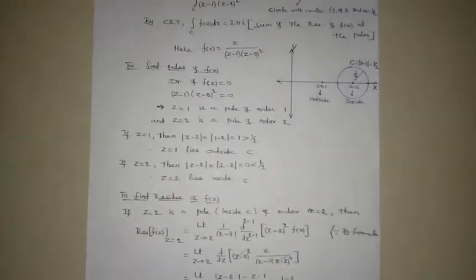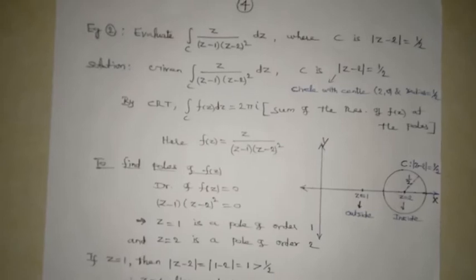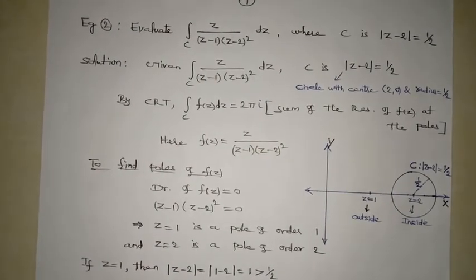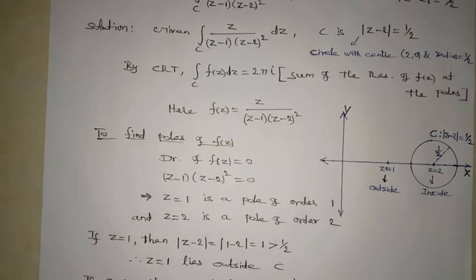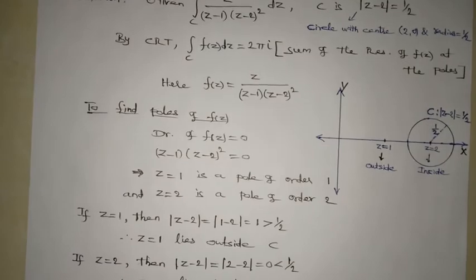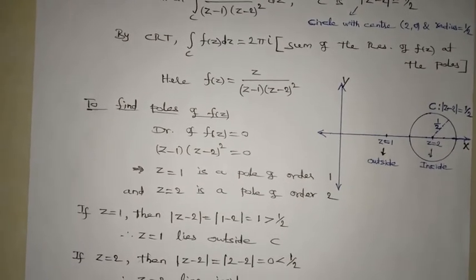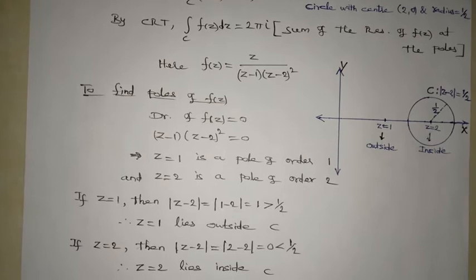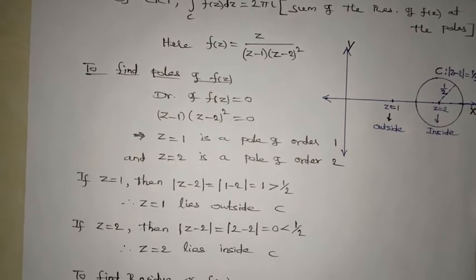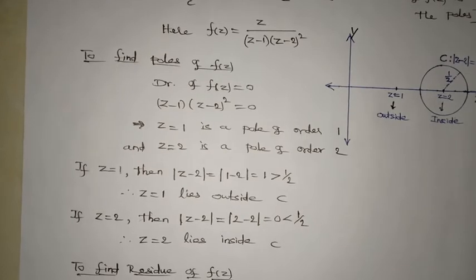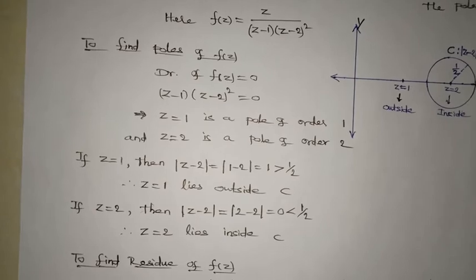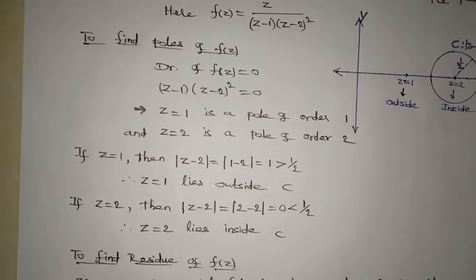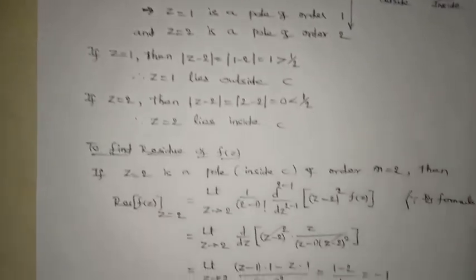Look at the problem again. What we're doing here: first we consider the given integrand as f of z. After that, find poles by equating the denominator with 0. Next, after getting the poles, you also need to mention their order. You need to check which poles are inside C and outside C. After completing that inside or outside checking process, only take the poles which are inside C. After taking the poles, you need to apply the residue formula.